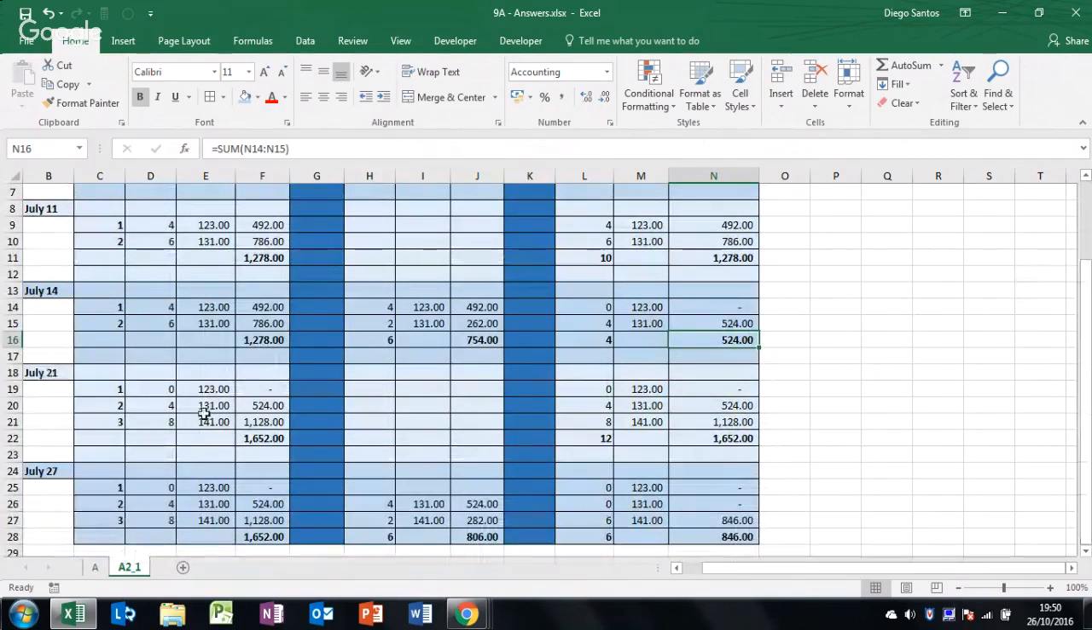In July 21, we do not have any units at the price of 123, which is why we have a 0 here, and we're still having 4 in the range price of 131, and we bought an extra 8 units at the price of 141, what gives a total purchase inventory of 1,652. This is our balance, and this is our total units. For July 27,